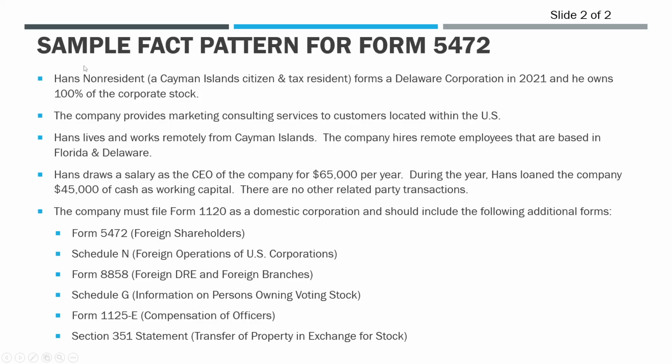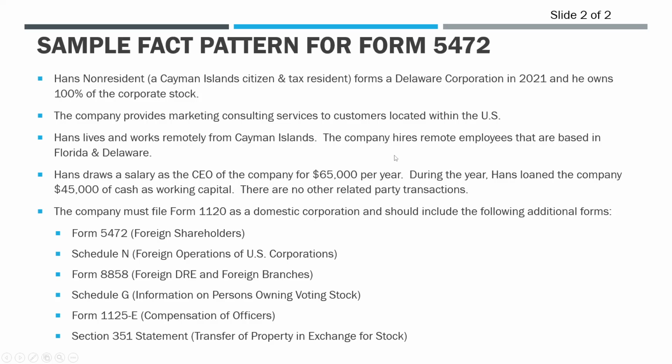So we have our foreign person here, Hans Non-resident. Non-resident is his last name in this case. He's a Cayman Island citizen and tax resident, so he lives and works there. And he decides to form a Delaware corporation in 2021, and he's going to own 100% of the stock. So he sets this thing up in May 2021, owns 100% of the stock. The company is going to provide marketing, consulting services to customers in the U.S. However, Hans is going to live and work remotely from Cayman. He's not going to come to the U.S. at all, so he doesn't need any type of work permit or visa